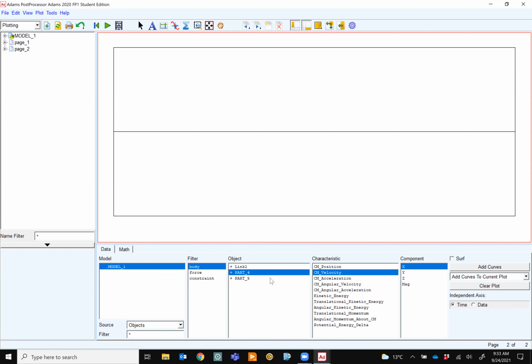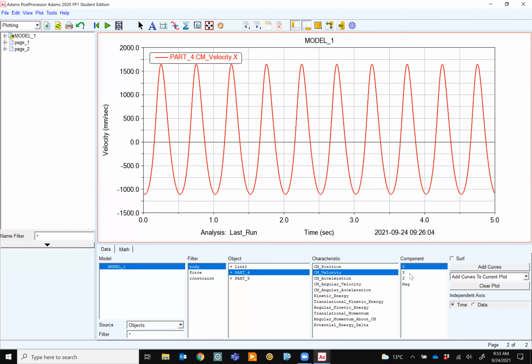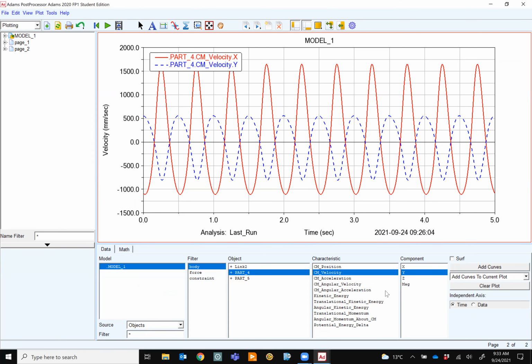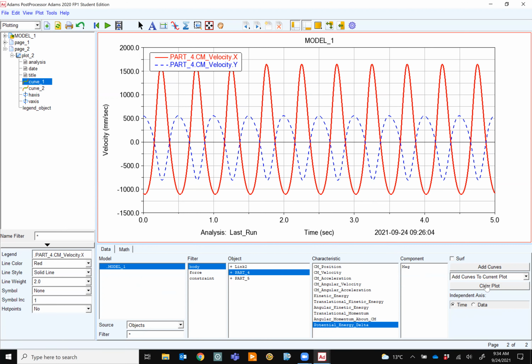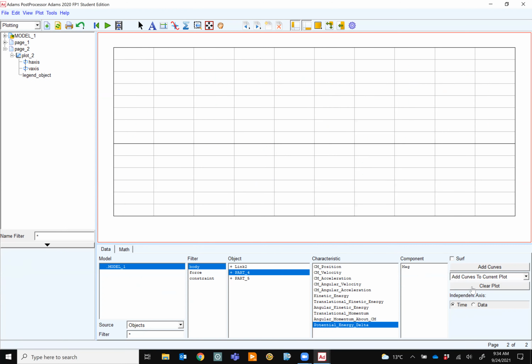For each of them, I can add their motion in X, in Y direction. I can plot the acceleration, the kinetic energy, the potential energy, whatever I want for this part. I can clear these plots. I just click on this area and say clear plot.